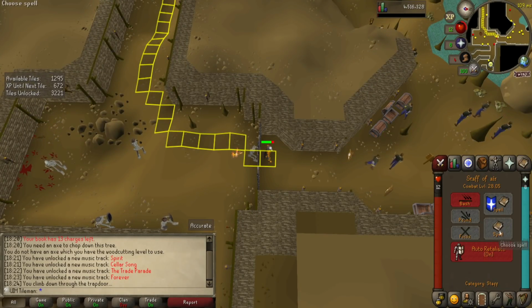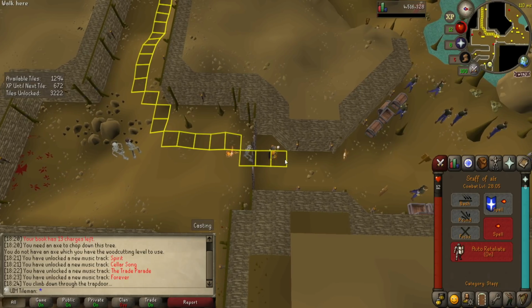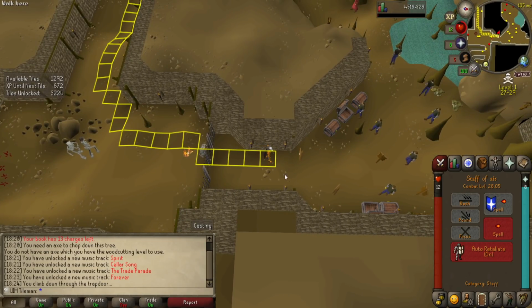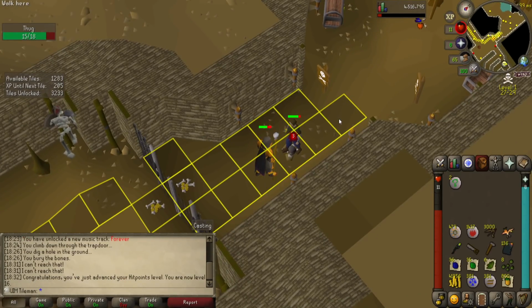Let's go ahead and throw on our autocast for Fire Strike. And we'll go ahead and do this. Let me see if any of them want to walk towards me. There we go, we are officially in the wilderness, level 1. So we just hit 16 hit points, and it's not a very good sign, because I really don't want to gain a whole lot of hit points if I can help it. But, I mean,